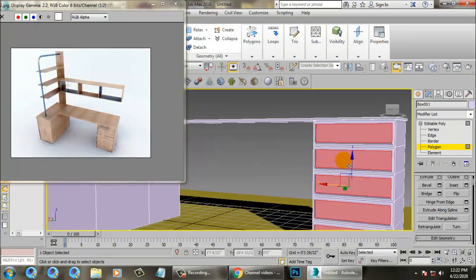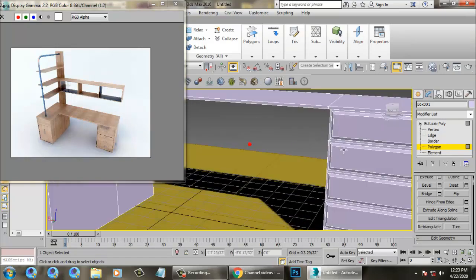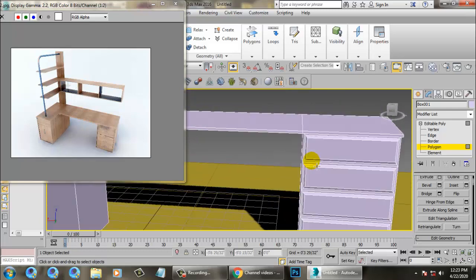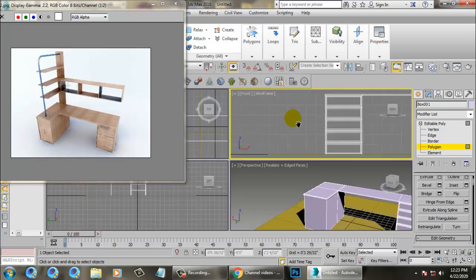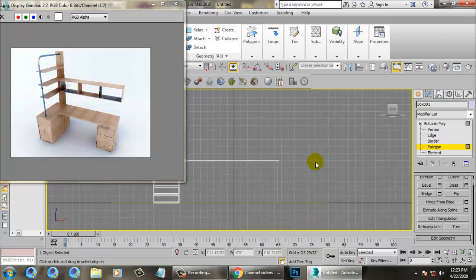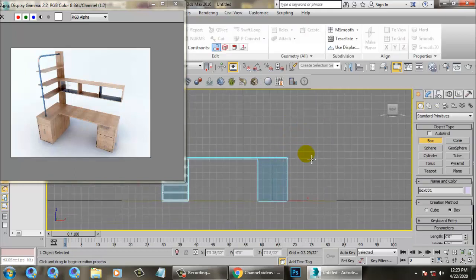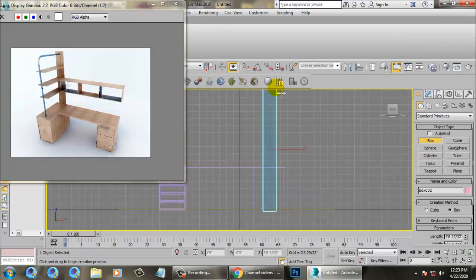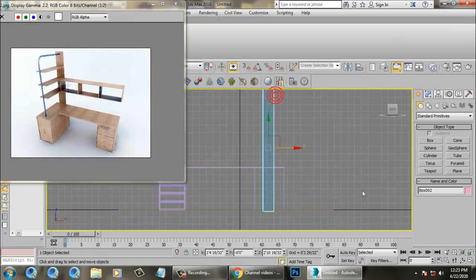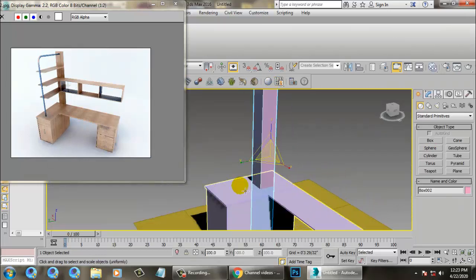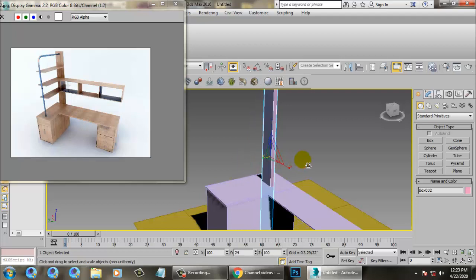Now we'll just go into this view and let's take again a box. Let's take a box over here, increase its height and just scale a bit.